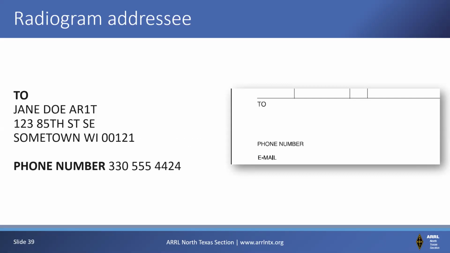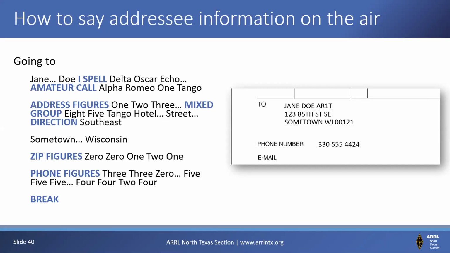So here, let's send this one as an example to Jane Doe, address and phone number. And so I would read this like this. I'm going to go a little faster just for sake of time. I would pause to give the other person time to write. So this is going to Jane Doe. I spelled Delta Oscar Echo. Amateur call Alpha Romeo 1 Tango. Address figures 123. Mixed group 85 Tango Hotel. Street. Direction southeast. Sumtown, Wisconsin. Zip figures 00121. Phone figures